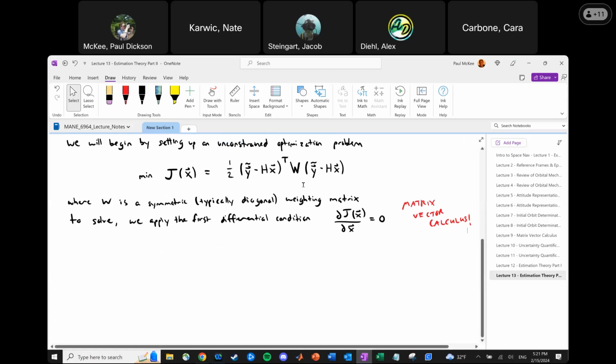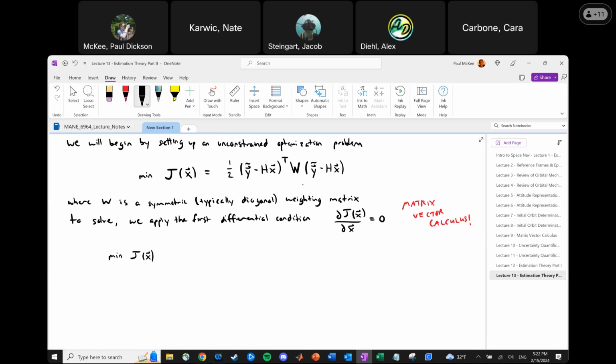First, I'm going to rewrite the original function. So right now it looks like min J of x, and all I'm going to do is expand everything. So I'm going to write this as 1/2, let's see. This is a little bit like FOIL from high school algebra, right? It's the first times the first, and then the outer, and then the inner, and then the last. So this is going to look like y transpose Wy, there's our first term, minus 2y,